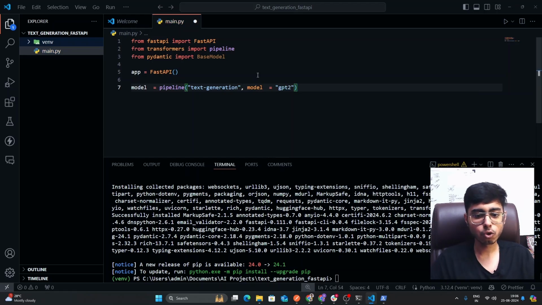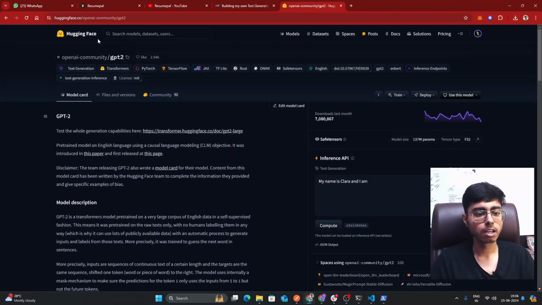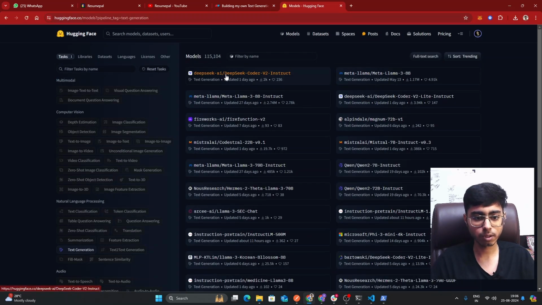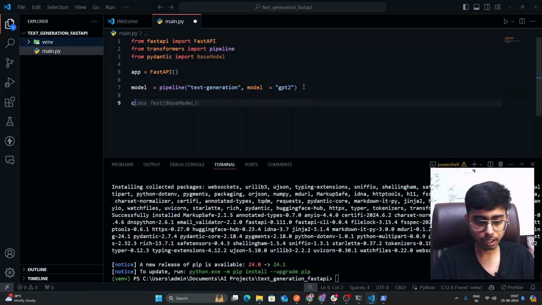GPT-2, right? So over here text generation is going to remain text generation, but for this GPT-2 you can actually go ahead on your Chrome browser, and for your text generation models you can actually choose any model. You just have to change this name. So you can see this name, you just have to change that, right? So that is what you have to change, and you can just plug and play with your models. Okay, so we have created a pipeline now, and now I'm going to create a class